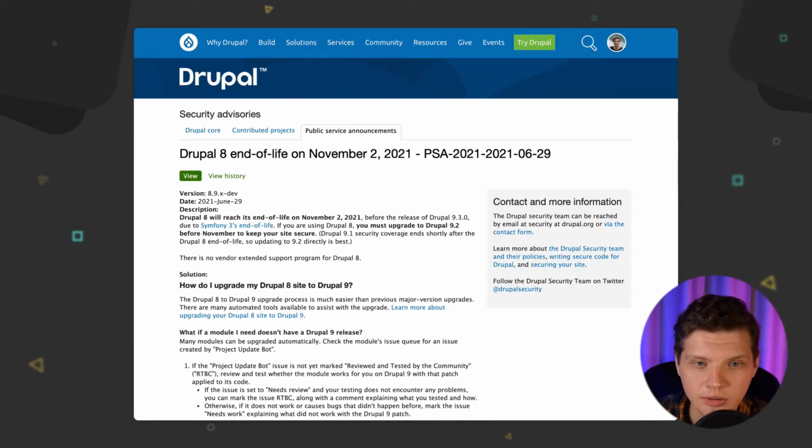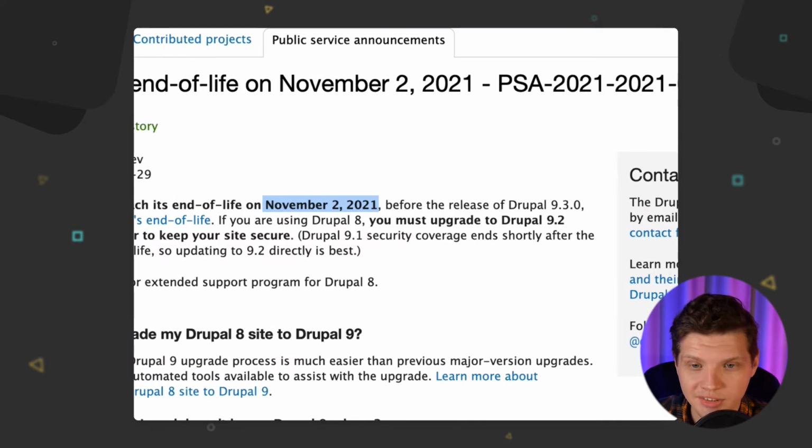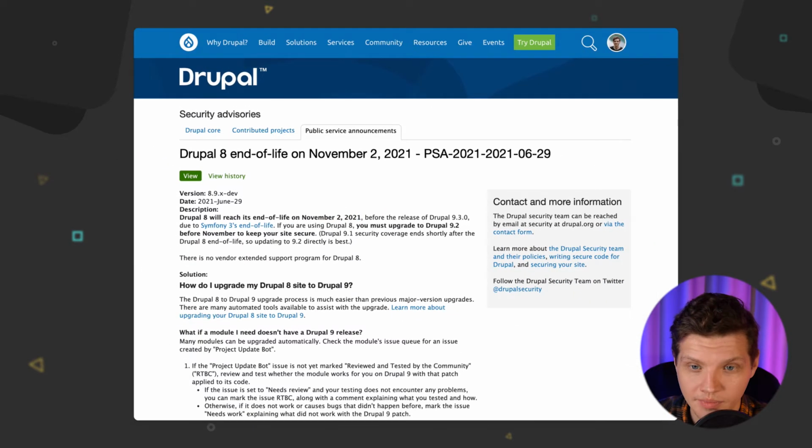In order to figure out Drupal 8's end of life date, we need to go to the official Drupal.org website and read through that note. And that note says that November 2nd of 2021 is the official retirement date for Drupal 8. As you might notice, Drupal 8 retires 1 year earlier than Drupal 7,